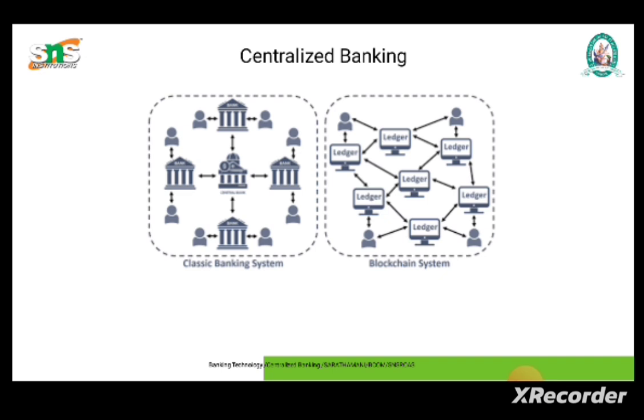Acting as lender of last resort. Centralized banks can act as a lender of last resort to distressed commercial banks and other institutions. Purchasing government debt. Centralized banks can purchase government debt obligations to provide an alternative to taxation. And the next one is